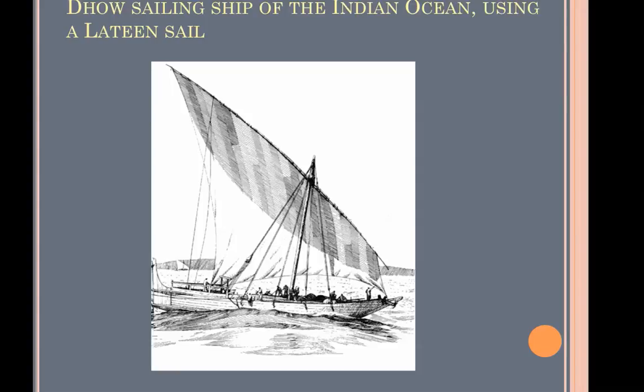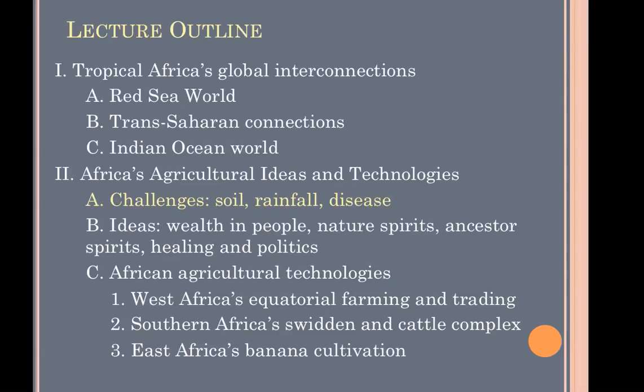If you aren't, just trust me, this shape of sail enables you to sail in ways that the wind itself is not necessarily dictating, and that's terribly important. This is an Indian Ocean technology, something that wasn't innovated anywhere else in the world. All right, so through important, significant technologies, it was possible to connect with sub-Saharan Africa, even though there were pretty significant barriers, such as the Sahara Desert and the Indian and Atlantic Oceans on one side or the other.